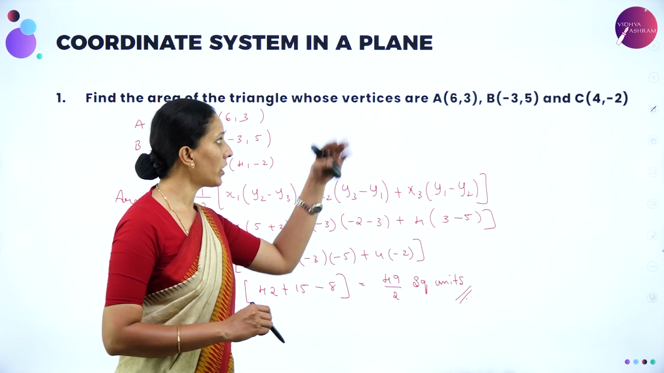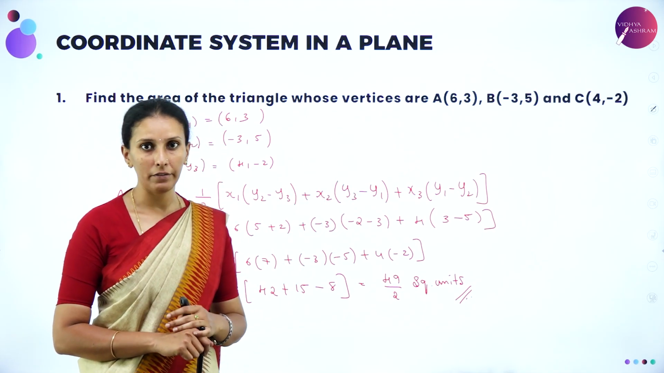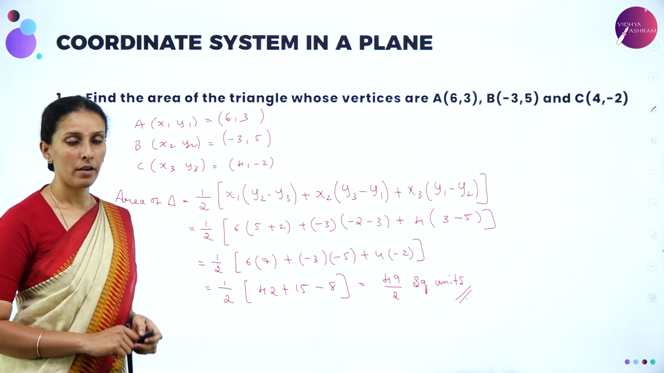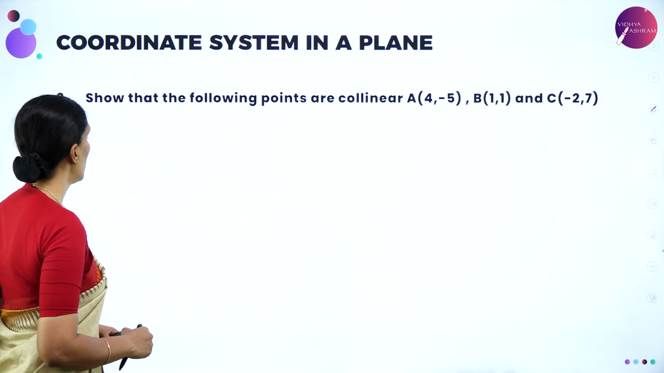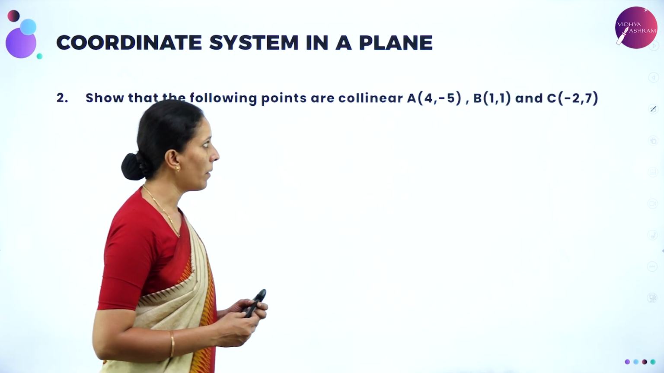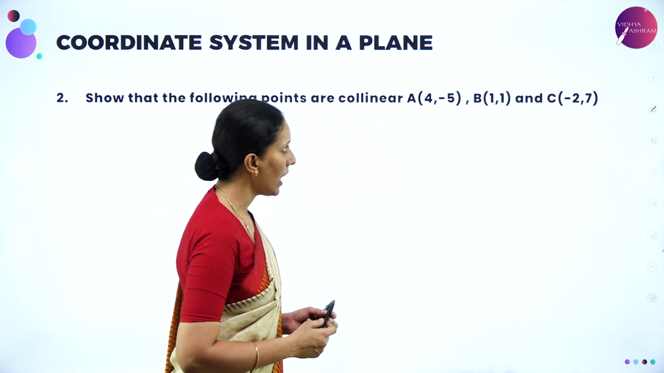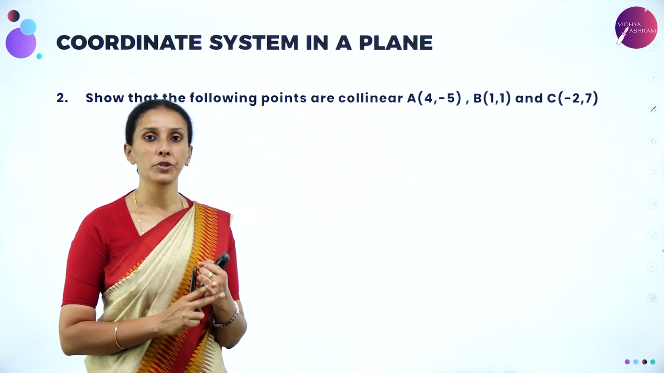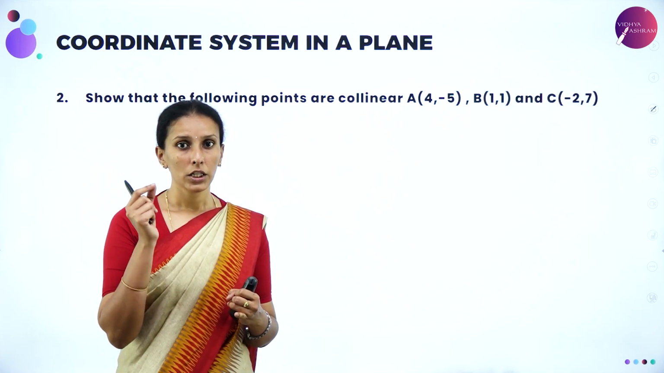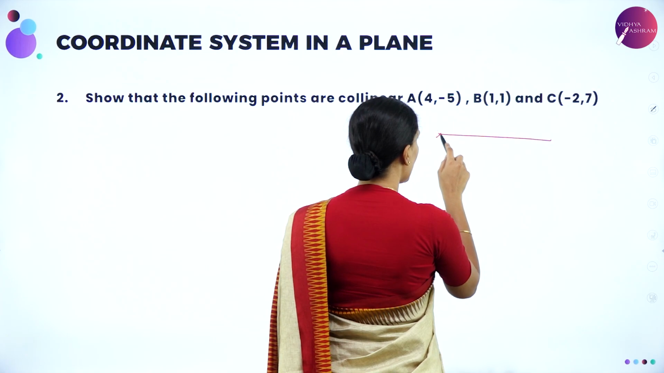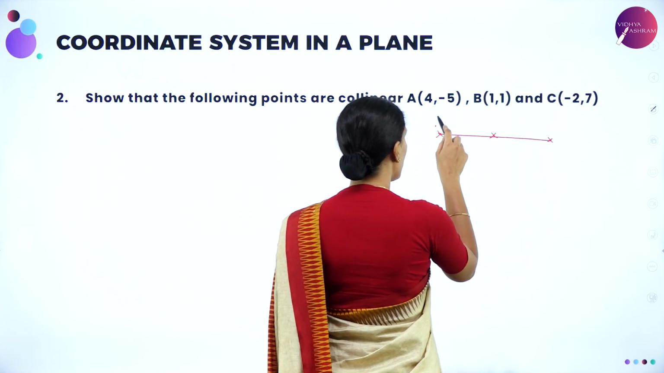So similarly, whatever may be the vertices of a triangle given, we can find the area of the triangle using the same formula. Next one: show that the following points are collinear. A (4, minus 5), B (1, 1) and C (minus 2, 7). So I have told you two concepts to show that points are collinear. The one concept is if A, B, C lie on the same straight line, suppose this is A, B,